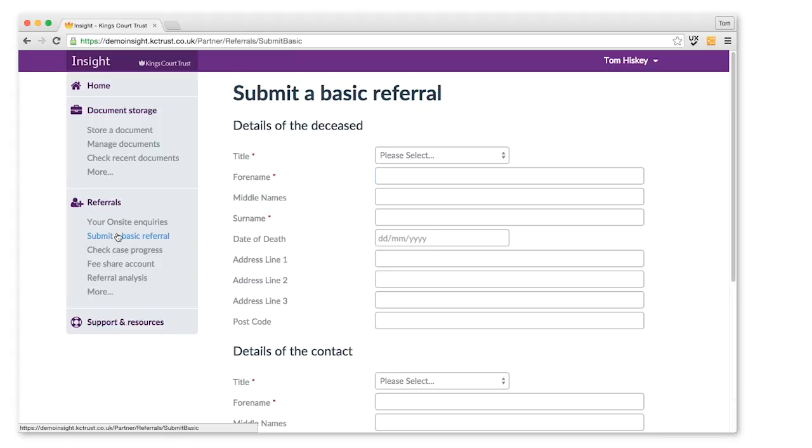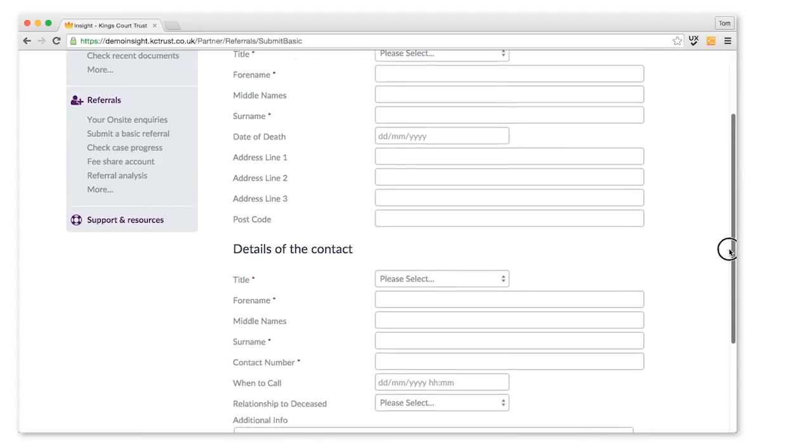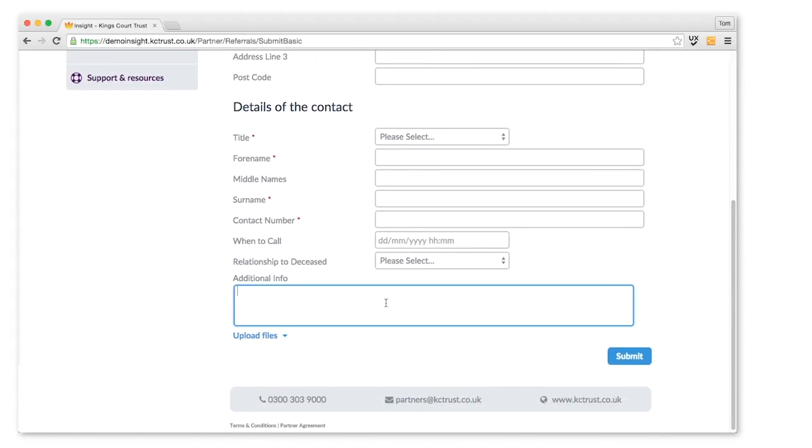The next link is Submit a Basic Referral, and this is a really simple, quick way for you to refer to us details of a client or a contact who is interested in being referred to our estate administration services. The form is simple to fill out, with details of the deceased and then details of the contact. You can also add additional information, for example, perhaps just to tell us that the contact is hard of hearing,